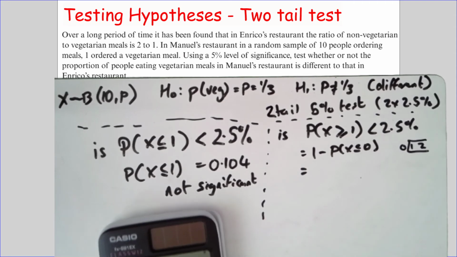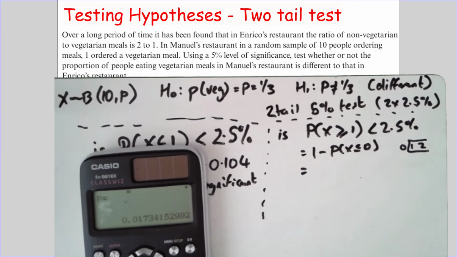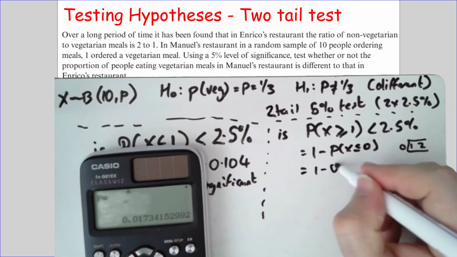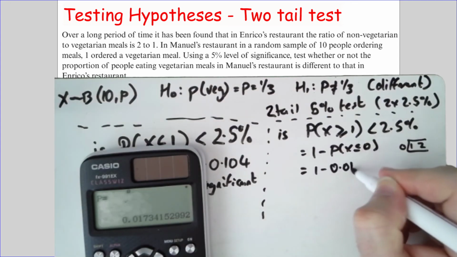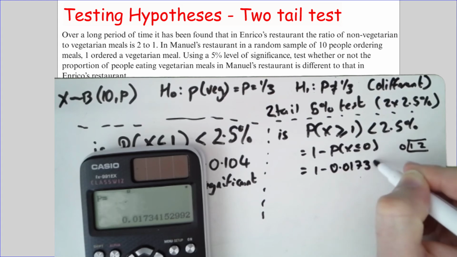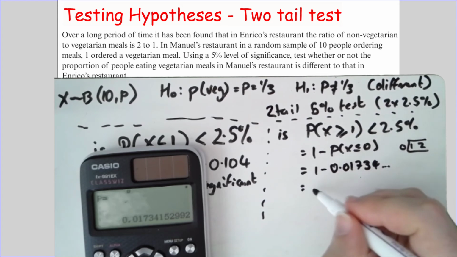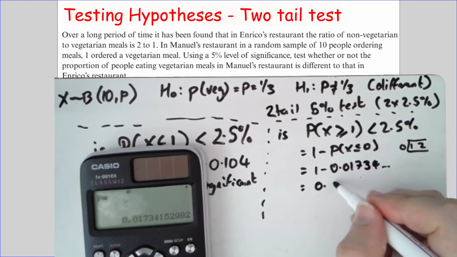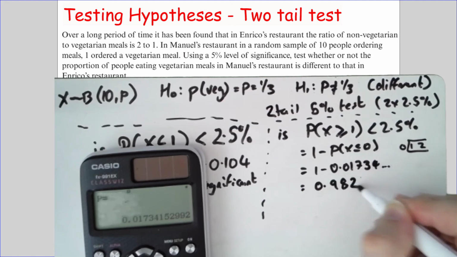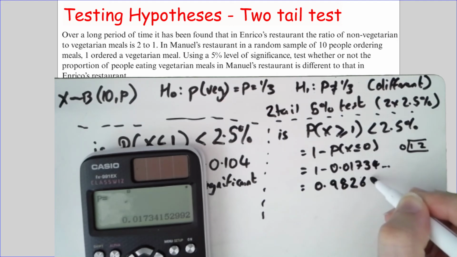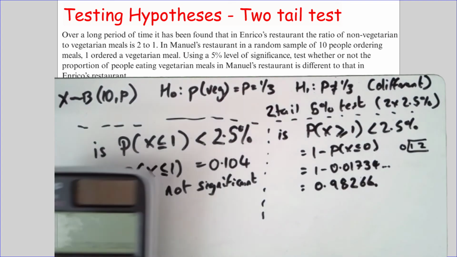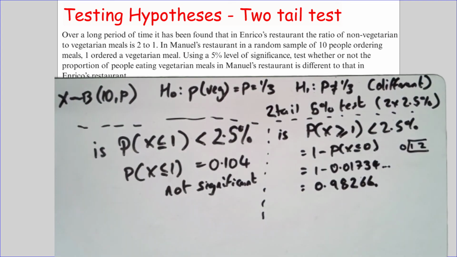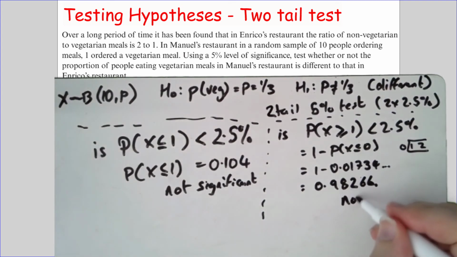So if I put 0 in here in my calculator, we get 1 minus 0.01734, which gives us 0.98266. Clearly this is bigger than 2.5%, so this one is